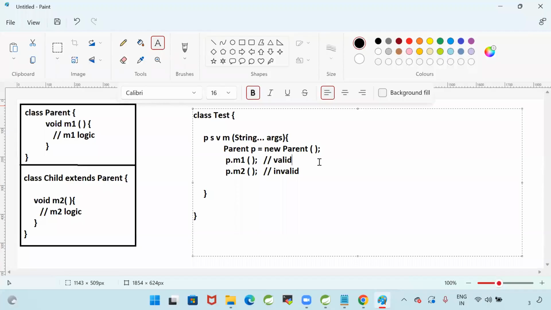Now, see here, I am calling p.m1. What will happen when I call p.m1? It will check in the parent. Do you have the m1 method? Yes, it is going to execute. Now, when I am going to call p.hashCode,